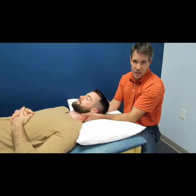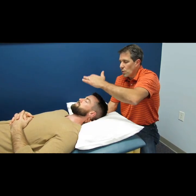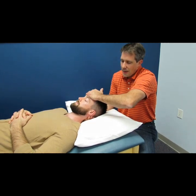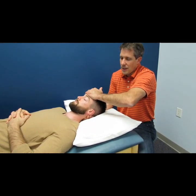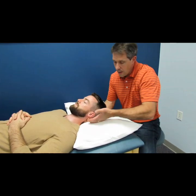I've got a pretty big hand, so it's easy for me to do, but let's say that you have a small hand and a big head. You can hold like this also, just let the patient know you're going to put a little pressure there. And sometimes giving a little squeeze, you can get that nice traction that you want. And you can also take a belt around the back